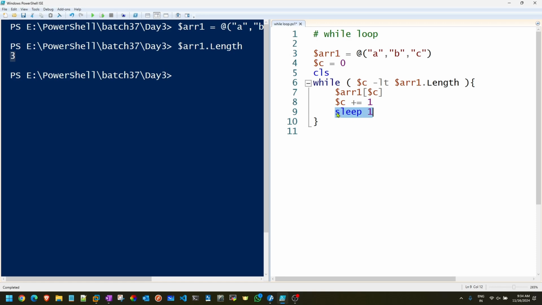It is not mandatory. The sleep is just to add some dramatic effect. Otherwise, you'll not be able to see how the entire data is printing. Okay, so you can simply close it, that's not a problem. But if I just go with this one, it will always print all the elements which are available, and then it will reach the level 3. 3 less than 3, false, it will come out.